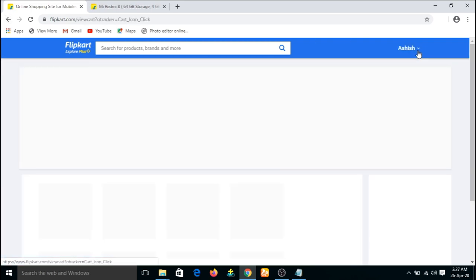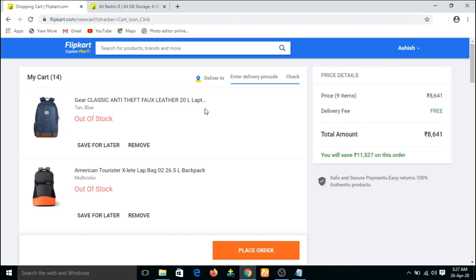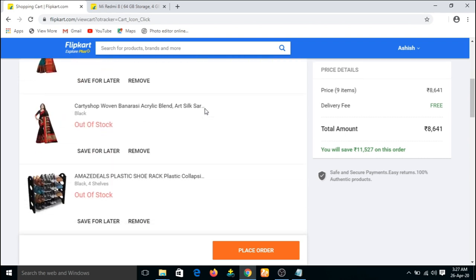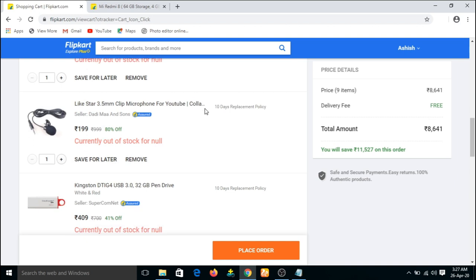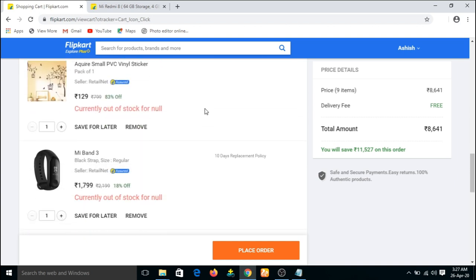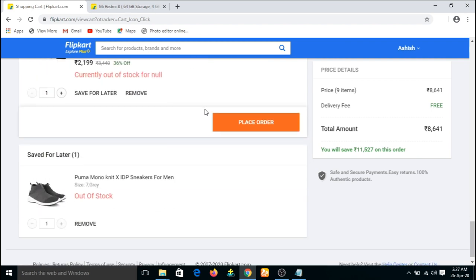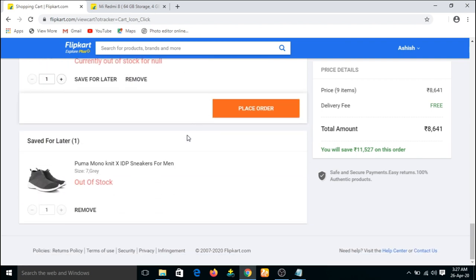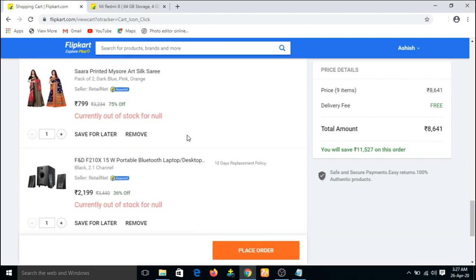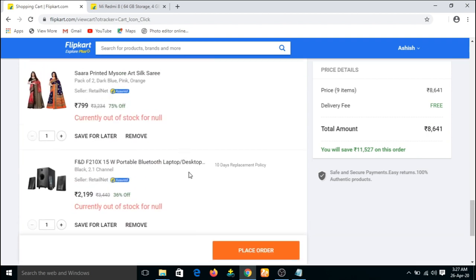Then click on cart and check whether that product is present or not. See, the product is not here anymore. That means the last feature is, we have removed the product from the cart, and when we come back and check, it is not present.